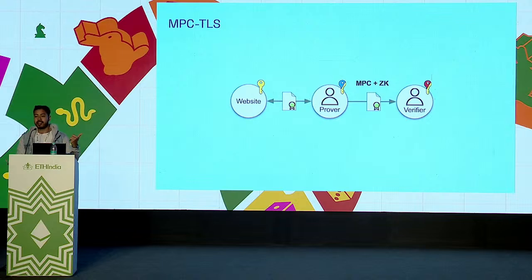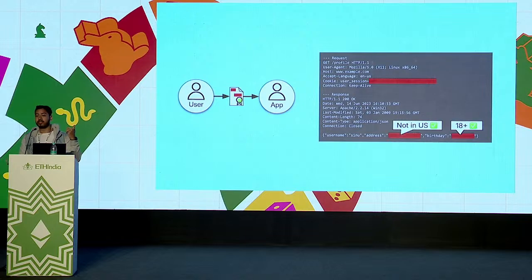Since the verifier takes part in the key exchange, he can take part in the data encryption and decryption, but he can't actually read the data. And Alice cannot modify any data because as soon as the data comes, it gets encrypted with both of their keys. So there's a mutual trust between them because no one can cheat each other. Alice cannot modify the data because as soon as it comes, it's encrypted. And Bob cannot see all the data because it's encrypted. But it's up to Alice what kind of information she wants to reveal.